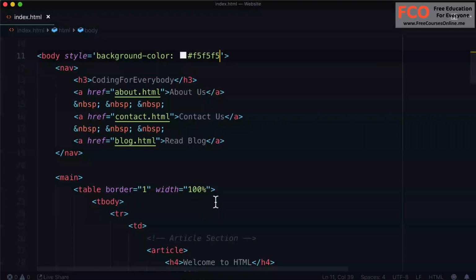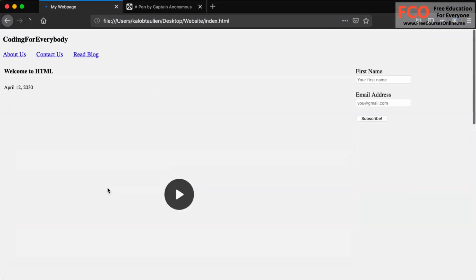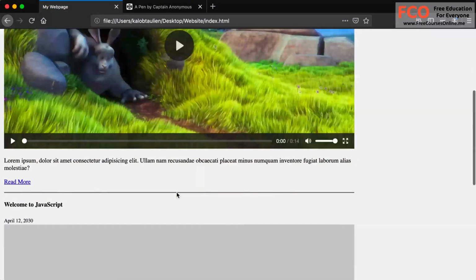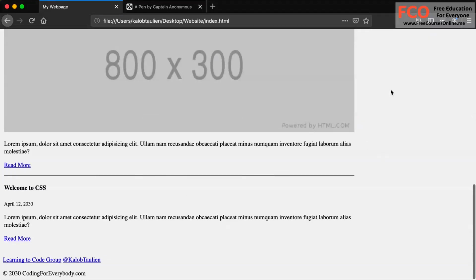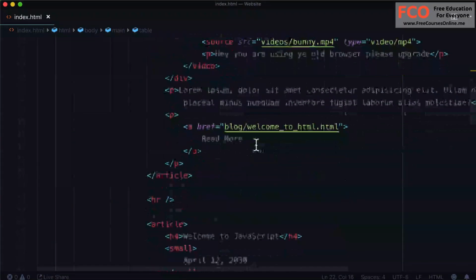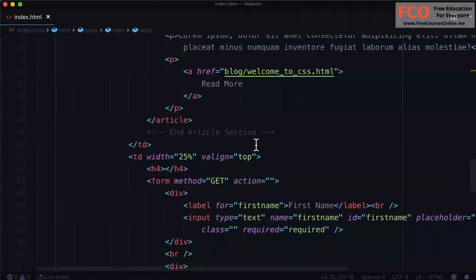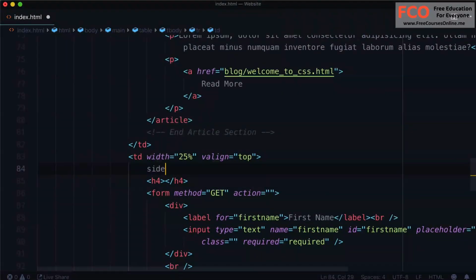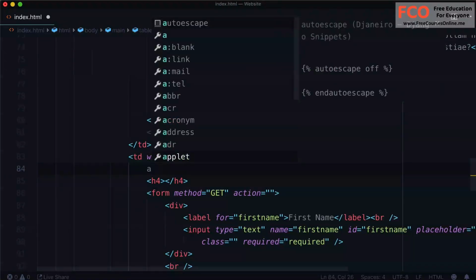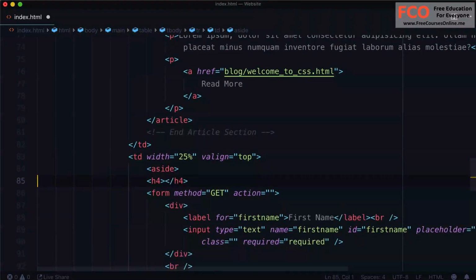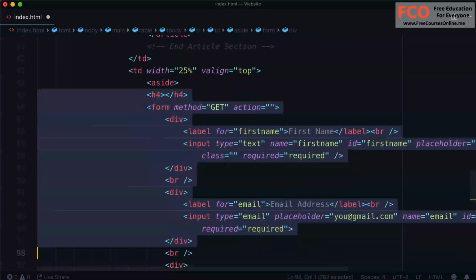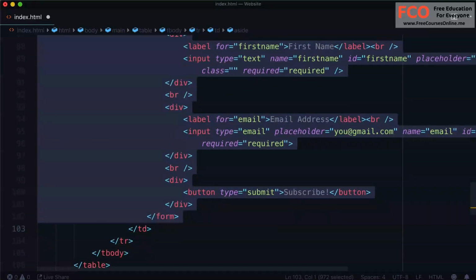Next, I'm going to hop around a little bit and get rid of that border, because now we can see where we're working. Oh, look at that. We have a page that's starting to come together. We even have a column here. In that column, we wanted a sidebar, and here it is. I'm going to grab all of my sidebar content, the form, everything